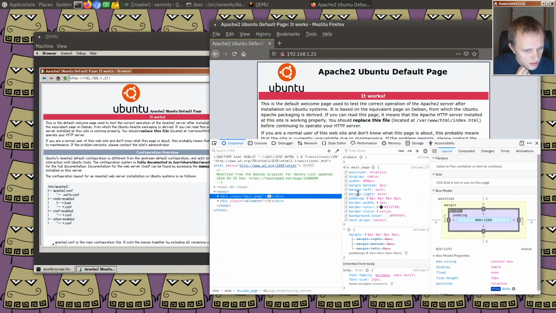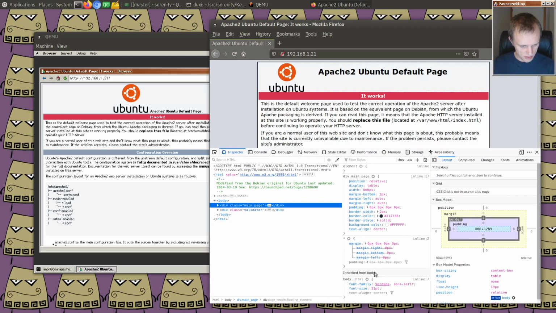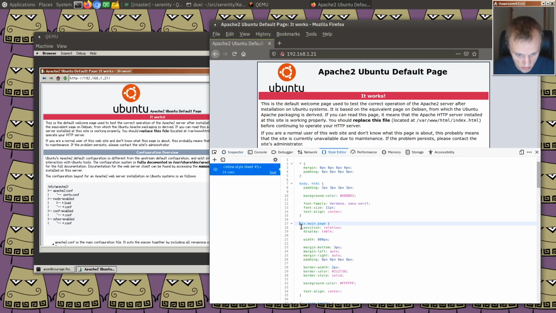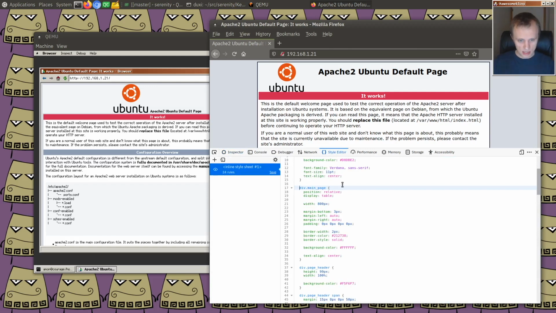Can this tell us where that comes from? I'm not super familiar with the Firefox developer tools. Inherited from body. Like, what if I wanted to know where this property came from? Can I just, I don't know. Oh, wait. Oh, hold on. It's right here. It's right here. Okay. Div.mainPage. It's here. Okay, so I'm going to say that this selector probably does not work because it's,